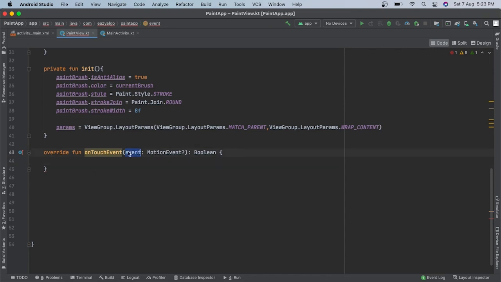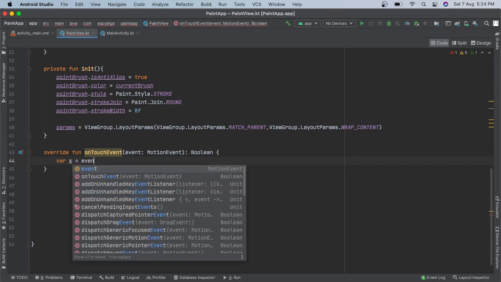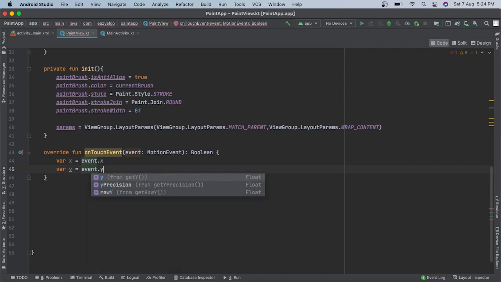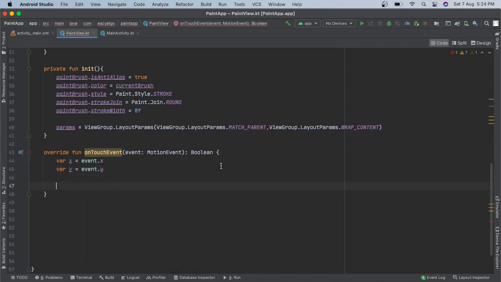And using this event, we will get the X and Y coordinates. So var X, we don't want it to be nullable, so var X is equal to event.x. Like this, we have the X coordinate, and we have Y is equal to event.y. Right. Now, according to the actions that we got from this event, we have to perform different